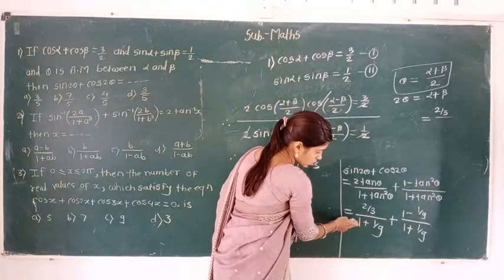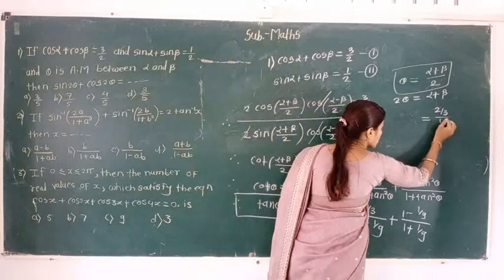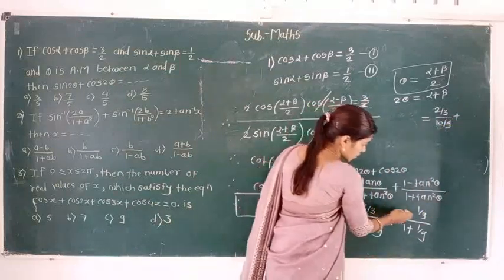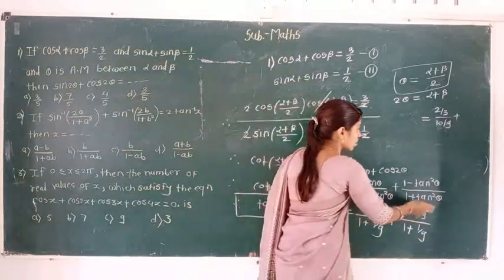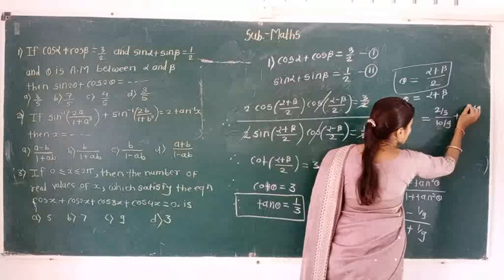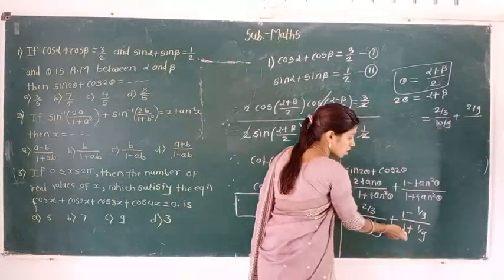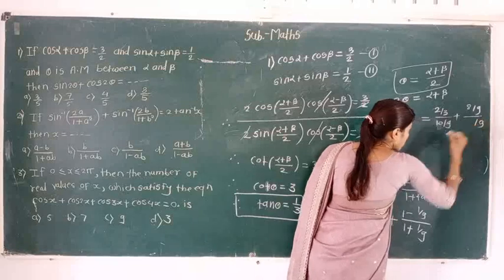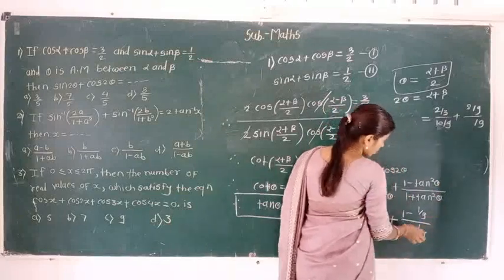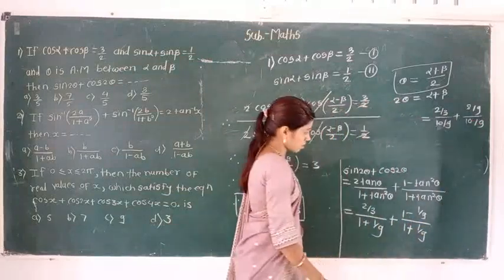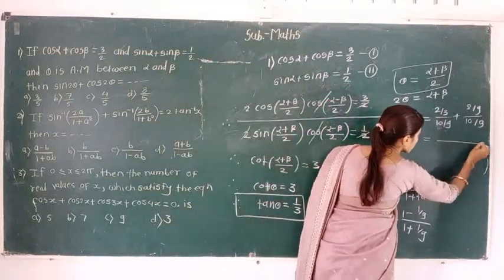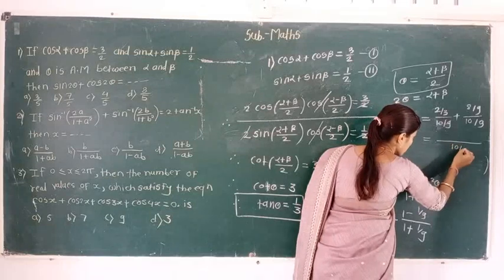Take a cross multiplication, 9 plus 1 we can write 10 by 9. Plus, see here in that case take a cross multiplication, LCM of this term is 9, 9 minus 1 we can write 8 by 9. So, also the LCM of these two terms is 9, and take a cross multiplication, 9 plus 1 is 10. Okay. Now, see here, LCM of these two terms we can write 10 by 9.